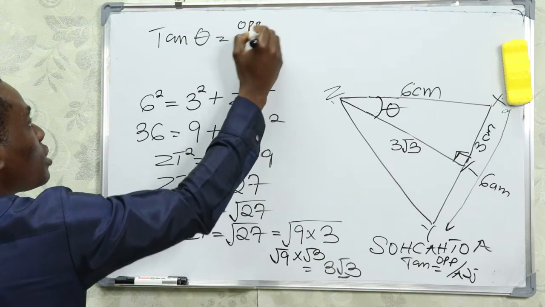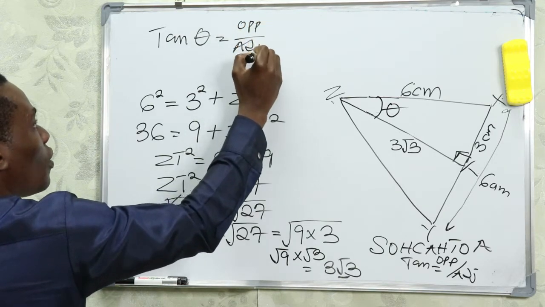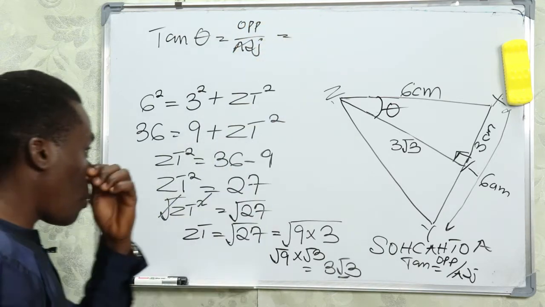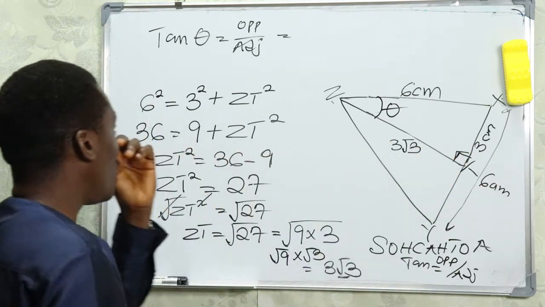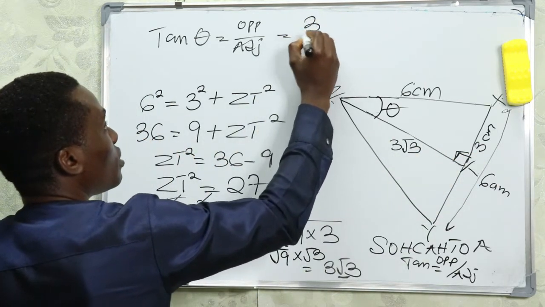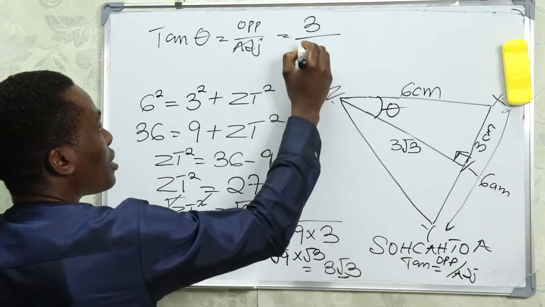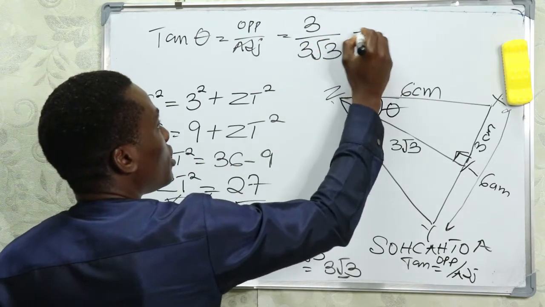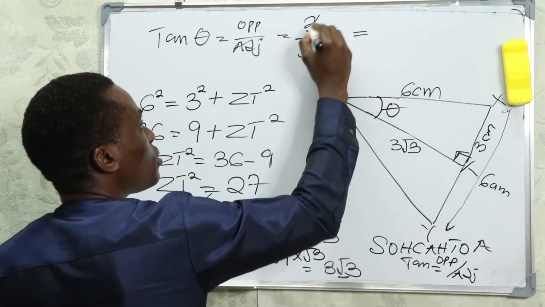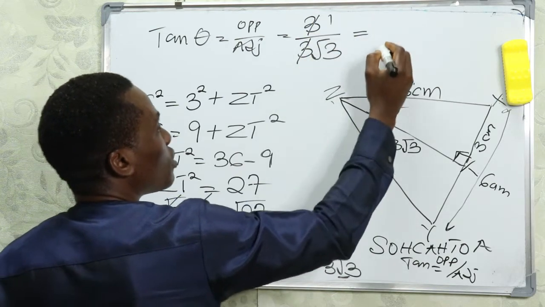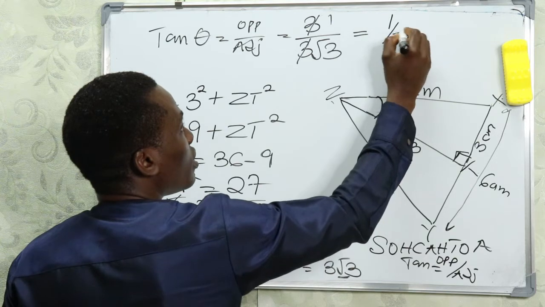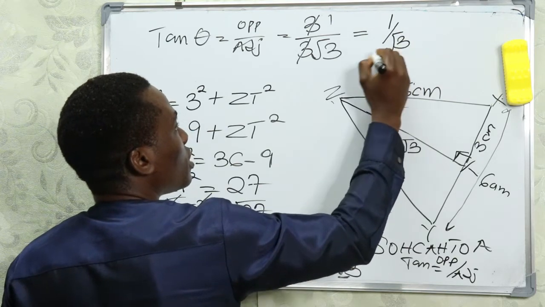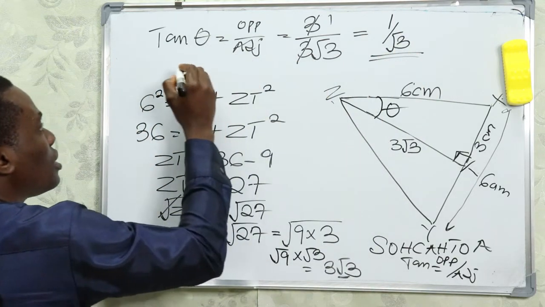Our opposite over our adjacent, and our opposite is 3 centimeters. So that will give us 3 divided by our adjacent, which is 3 root 3. So this will be equal to, this one will cut this to give us 1, so that will give us 1 over root 3. So that means tan theta